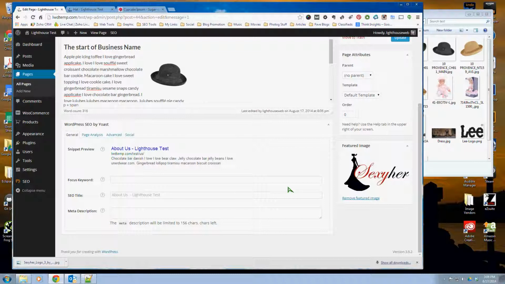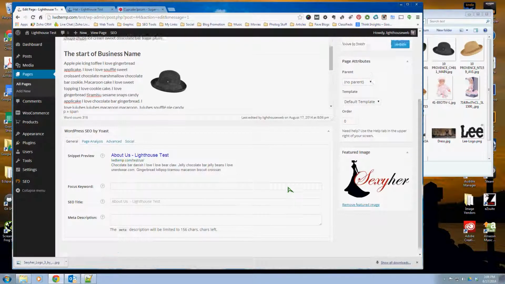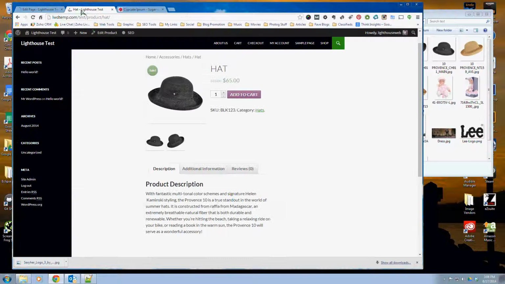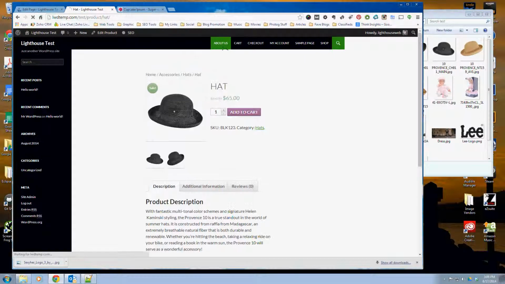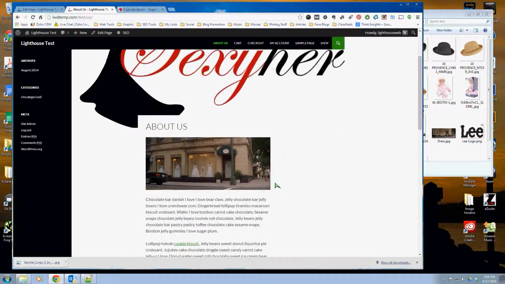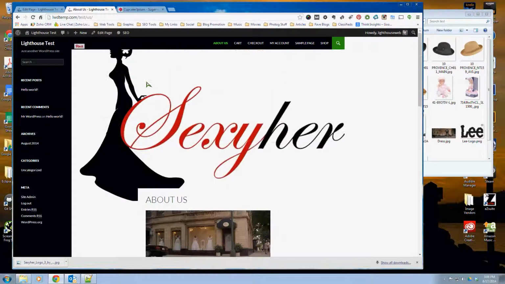Now this particular theme, I don't like the way that it does this. But most of the time with these types of themes, it adds the featured image up on the top of the page, which I've never done that, won't do that. You see how it does it, and it really looks bad. Actually it does it as a background, but I don't like how it pushes it way down and stuff like that. But if I was to share this on Facebook, so if I was to come over here and hit copy and then go into Facebook,